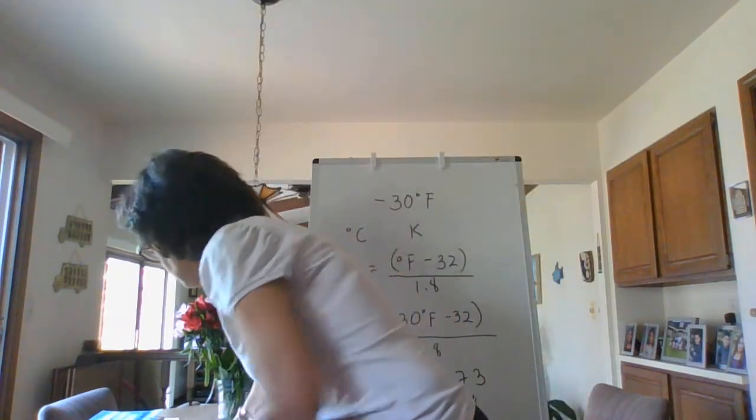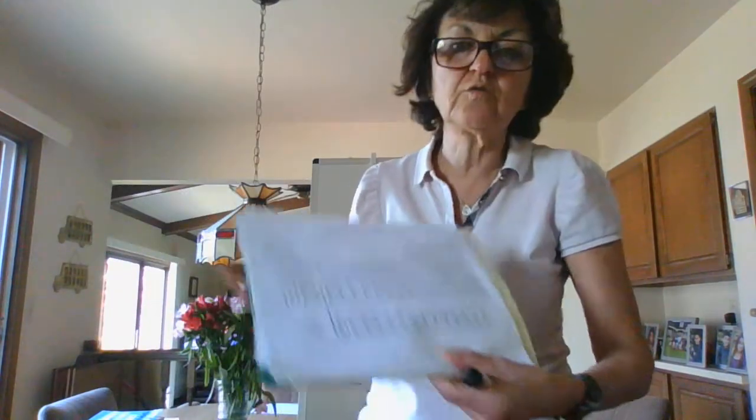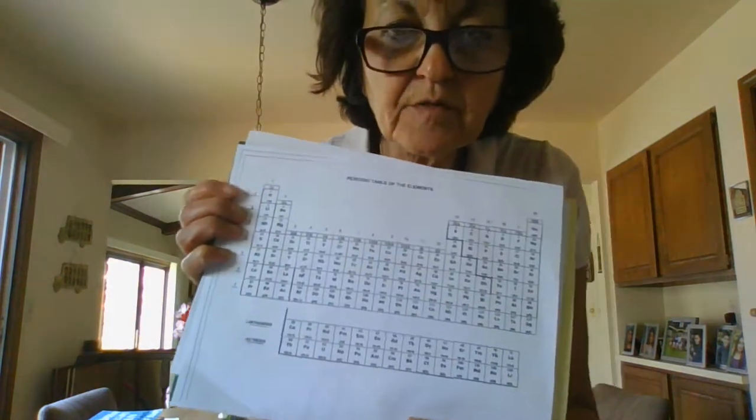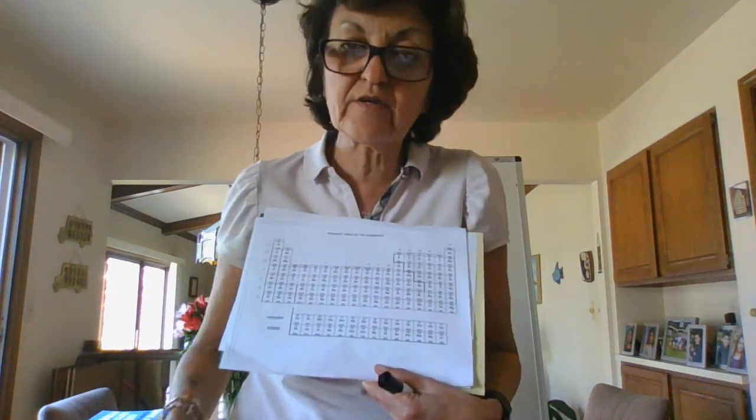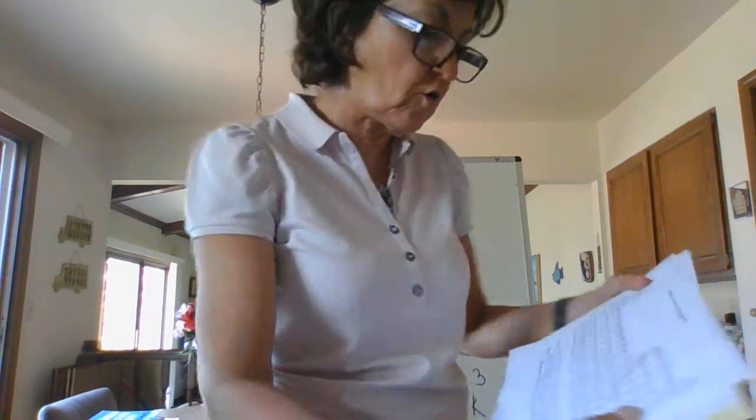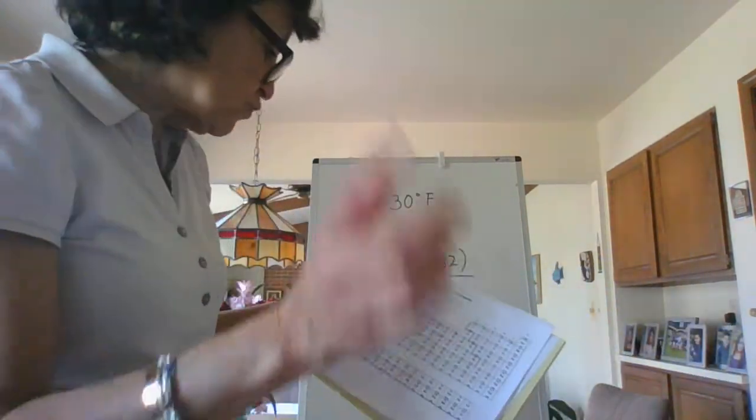Before you jump into chapter 2, periodic table. Okay, I've attached this to Canvas, printed out, and you are going to be expected to know elements on the periodic table. You don't have to know every single element, all 118, but you definitely need to know for sure